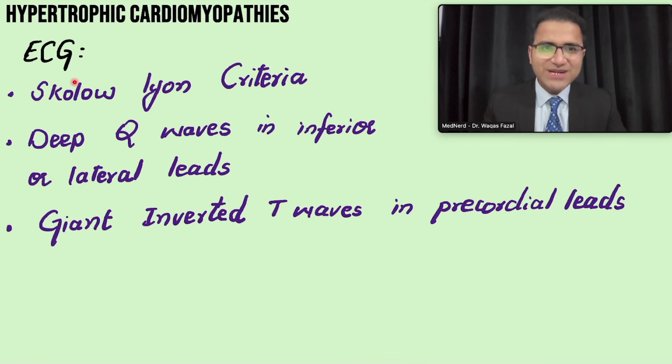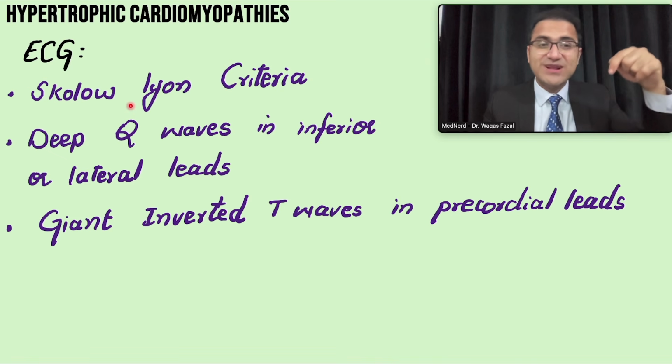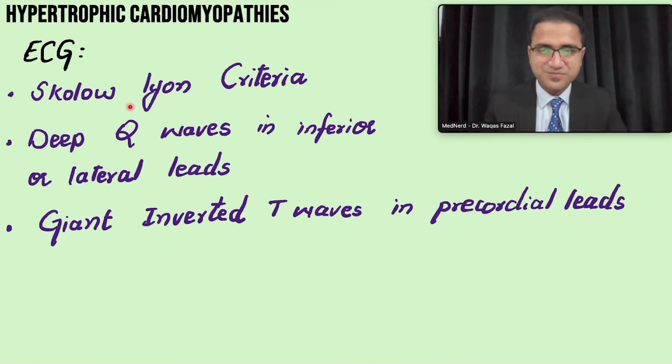Now, if you are good at ECG, you can also get an idea about hypertrophy occurring in the heart on ECG. I have explained the Sokolow-Lyon criteria that tells us about left ventricular hypertrophy in detail in my video on left ventricular hypertrophy. You can check out the link given in the description below. You would see deep Q waves in inferior and lateral leads, that is leads 2, 3, aVF and lateral leads, and giant inverted T waves in the precordial